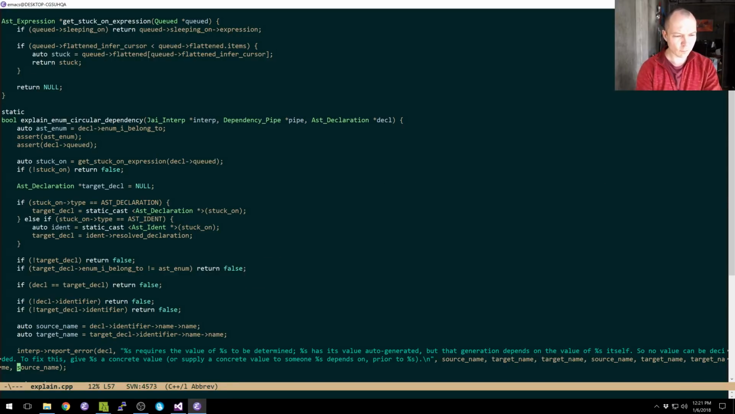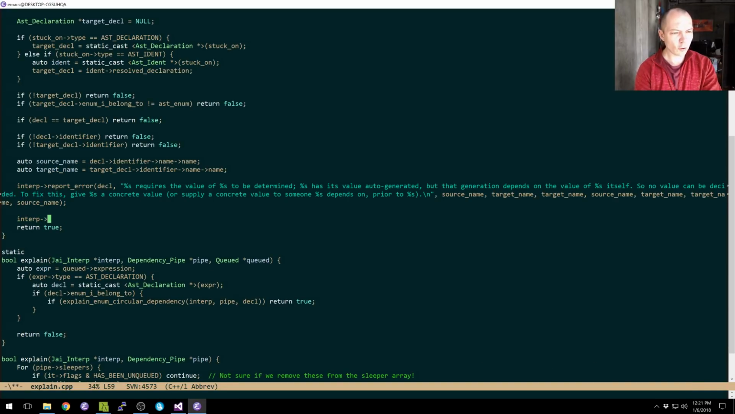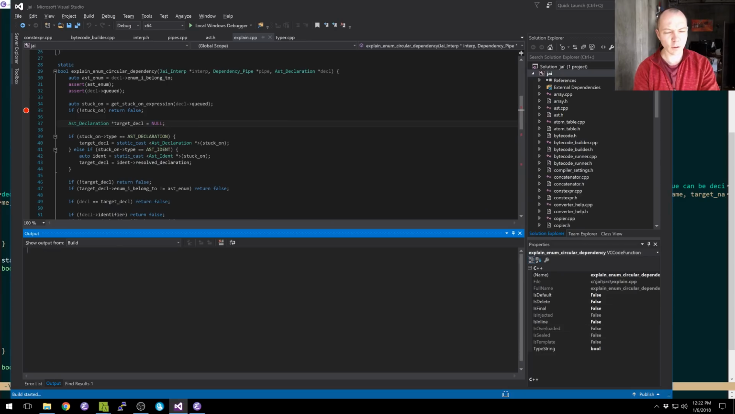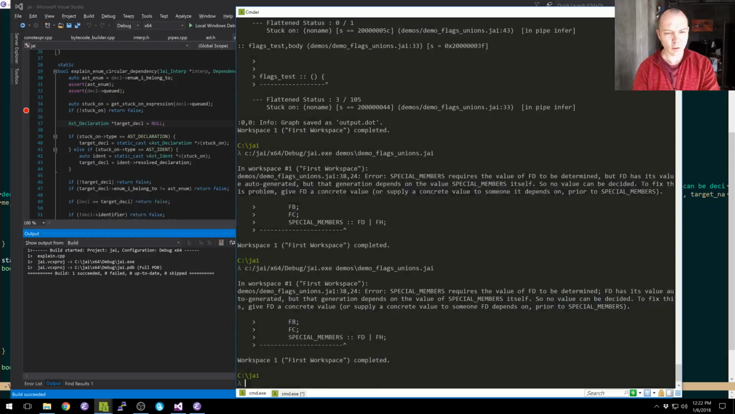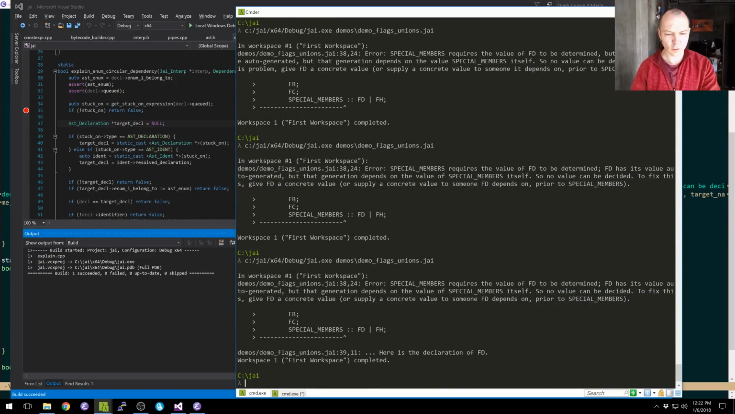And then I will say interp report no label target decl. Here is the declaration of %s target name. Right? So, you know. Wait, why didn't it? Oh, here, okay. I don't draw the actual line for everything, but yeah. If you wanted to click on this in your debugger, it would put you on that line. It happens to be the very next line. So